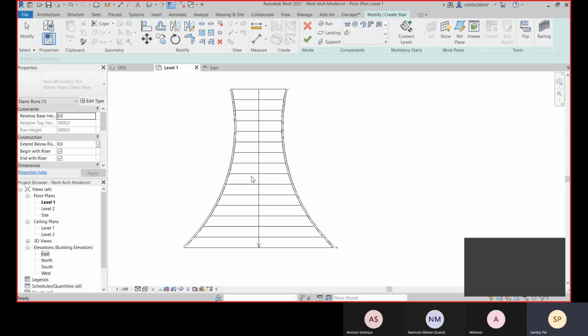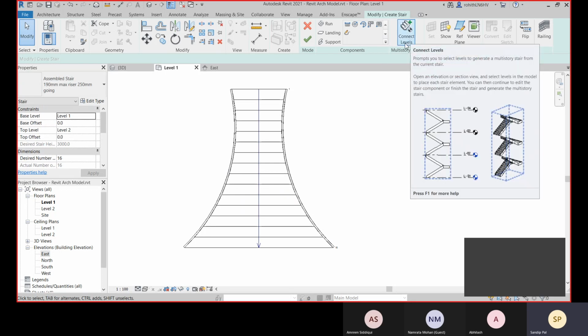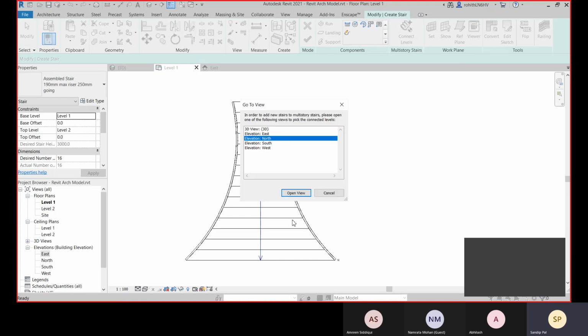So this is the railing type right now, and let's focus on these connected levels. Suppose there are stairs on other levels also, like this is connected to level 1 and level 2. Now the same stair type is connected from level 2 to level 3, level 3 to level 4, so that you can define from this connected level.